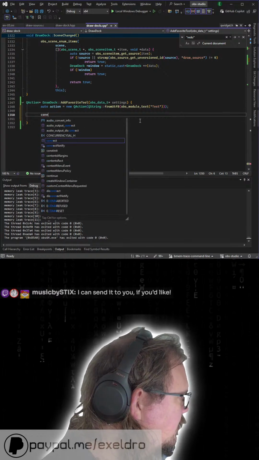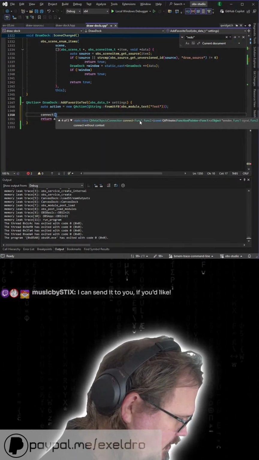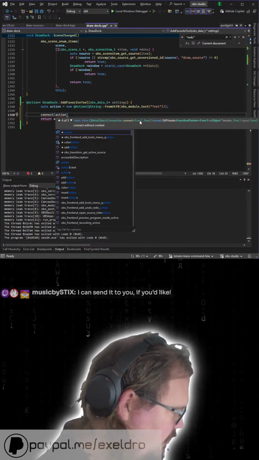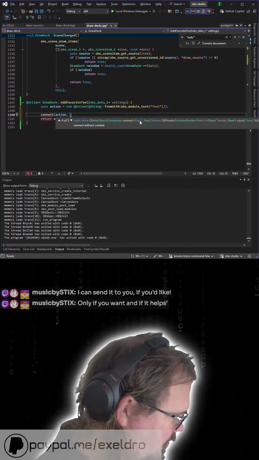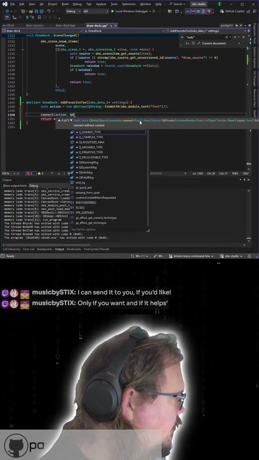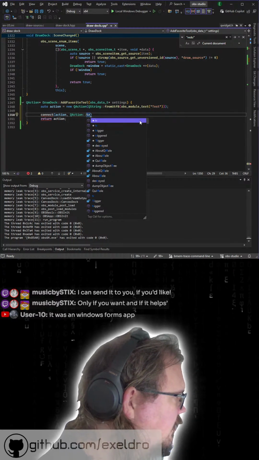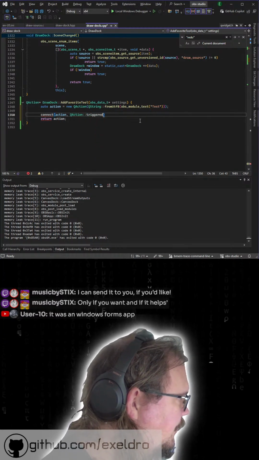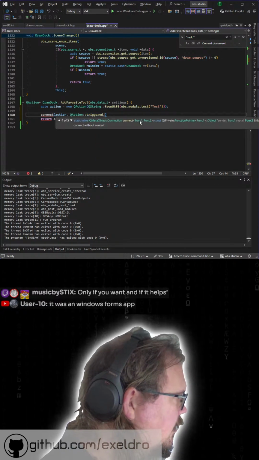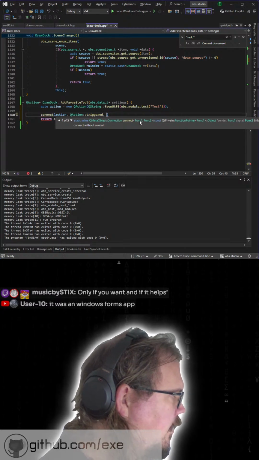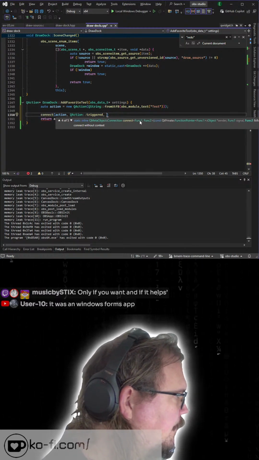I want connect action. And that is Q action triggered. And then